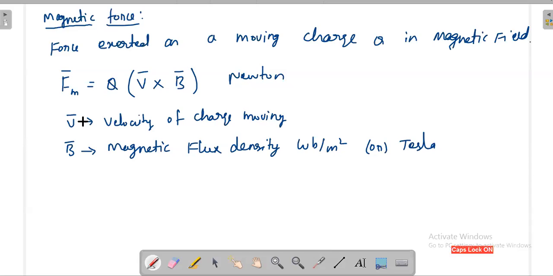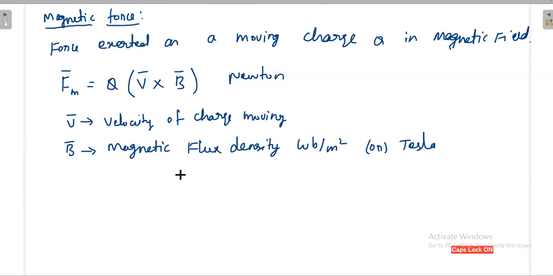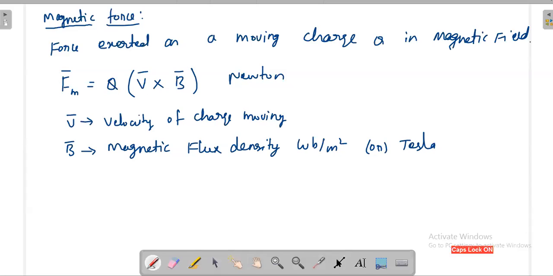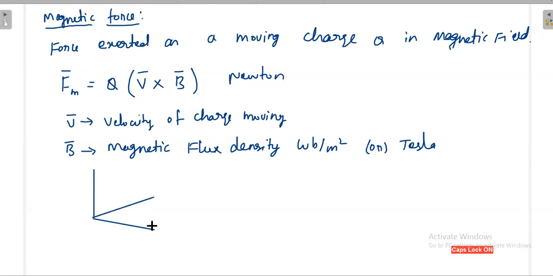Okay. Now say for example, my magnetic field is going in this way and my charge is going in this way, and definitely my force will be in this way. This is something strange because you see your charge is moving in this direction, your magnetic field is going in this direction. Finally, the magnetic force is acting in a direction something really different.